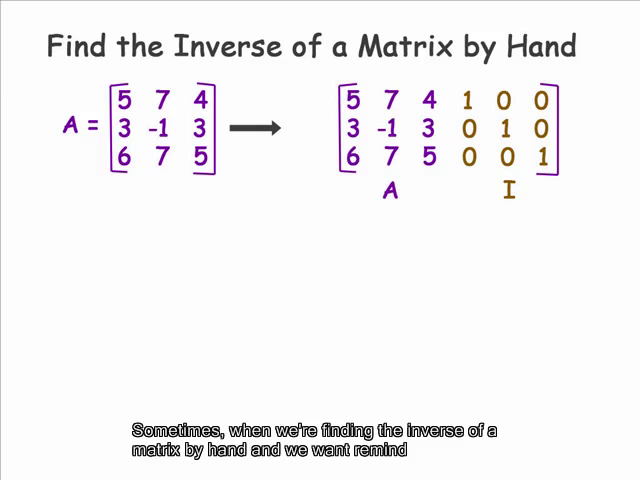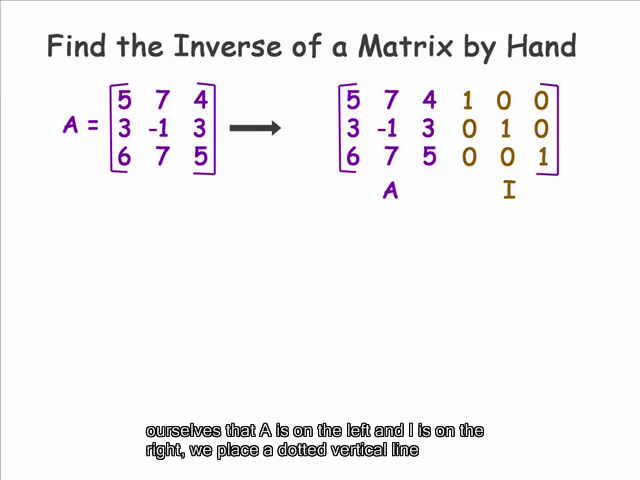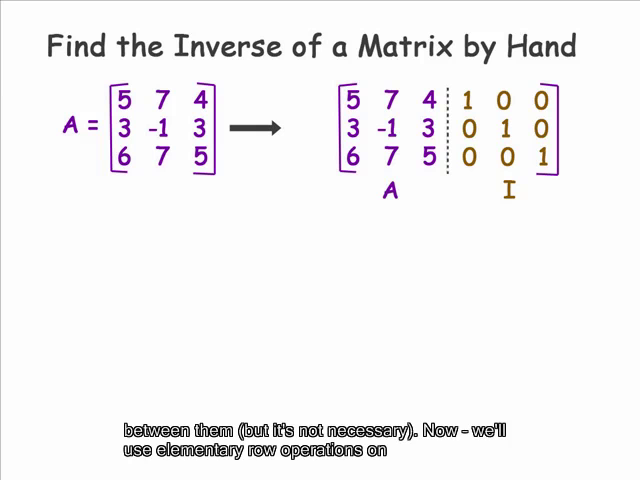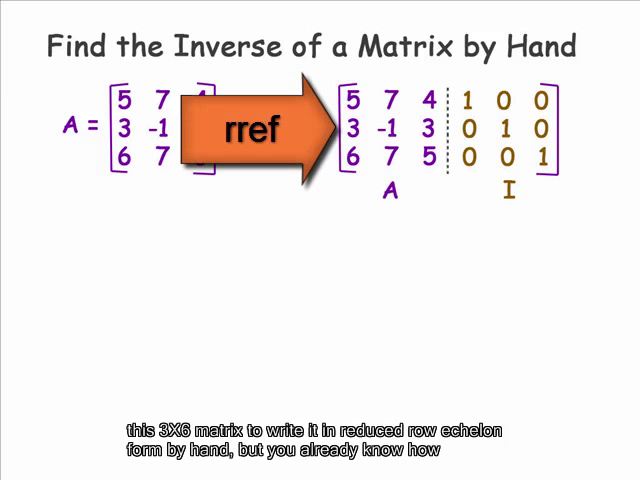Sometimes when we're finding the inverse of a matrix by hand, and we want to remind ourselves that A is on the left and I is on the right, we place a dotted vertical line between them, but it's not necessary. Now, we'll use elementary row operations on this 3 by 6 matrix to write it in reduced row echelon form